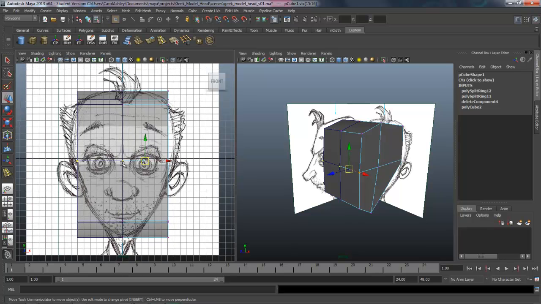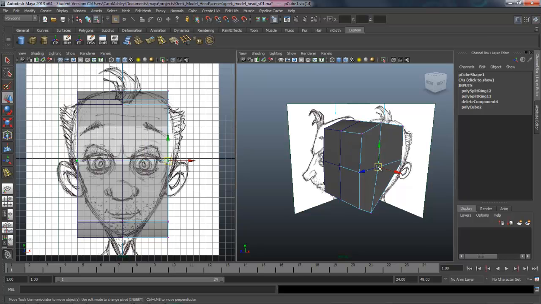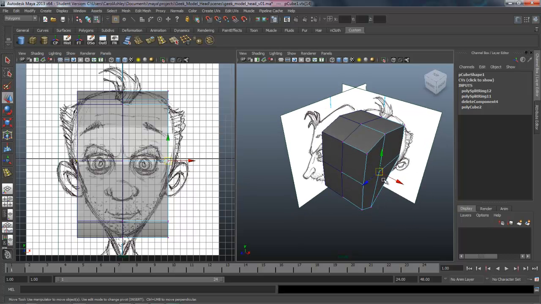Okay, and just make sure I've got both X-ray and wireframe unshaded turned on. And this is a little bit easier way. It's hard to see these points back here, but we need to start rounding the character out. And we'll grab them over here in our perspective view and sort of use our front view as a guide. So this is our forehead. So it needs to come not only in, but get pushed down. You can see it's starting to round off the top of the forehead.